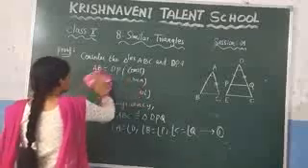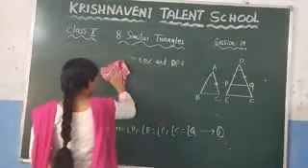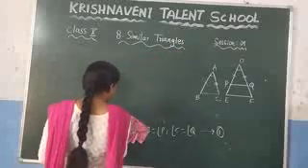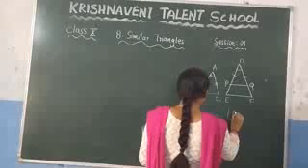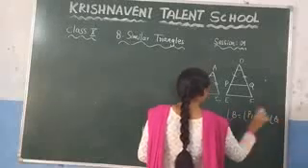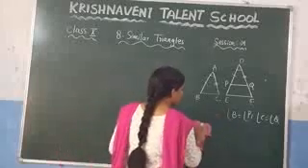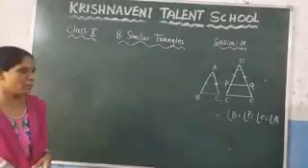Now here, I am writing this one here. What we got in here, angle B is equal to angle P and angle C is equal to angle Q. Why? Because we will use that condition in the last. So I have written that one separately.